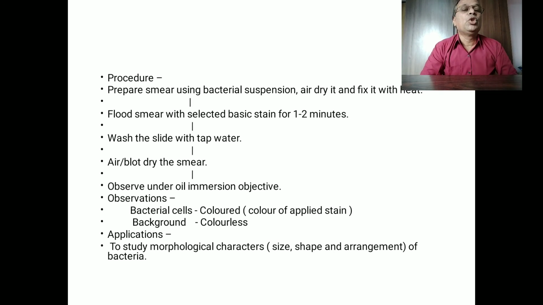We will see the procedure of positive staining. As I already cleared, you have to take a clean, grease free slide. You have to make a mark, either a circle or a rectangle, with a glass marking pencil exactly in the center of the slide. Then you pull a loopful of the suspension from a tube with a nichrome wire loop, and this suspension is spread within the marked area. We call this a smear.